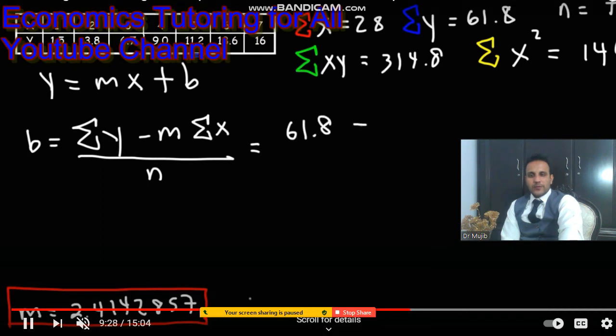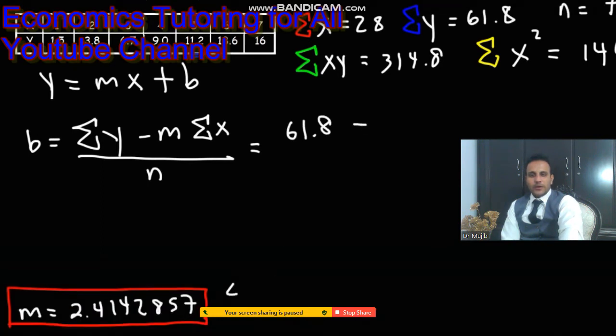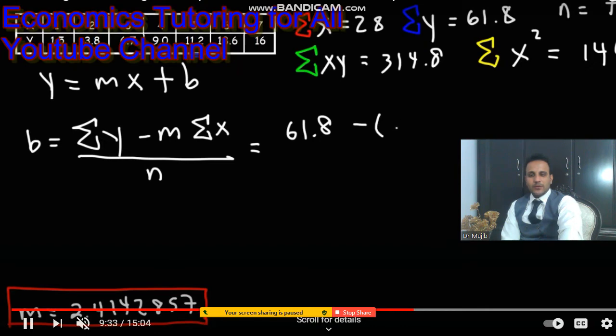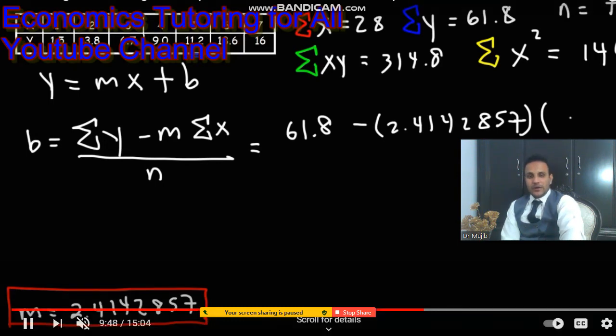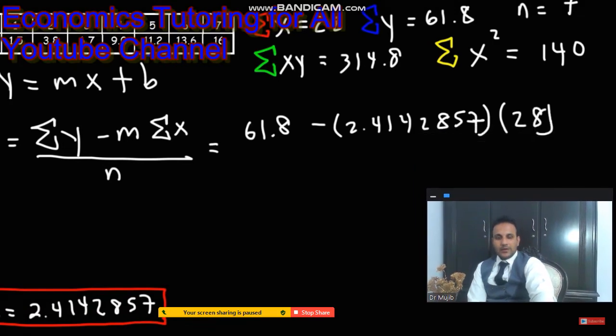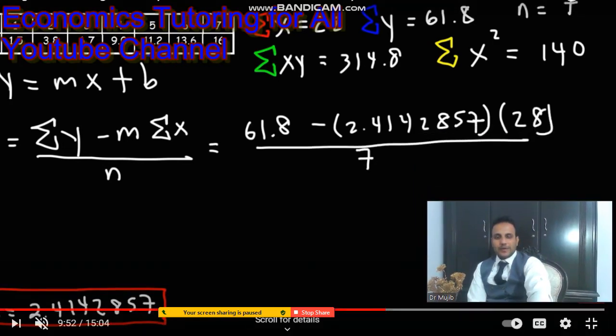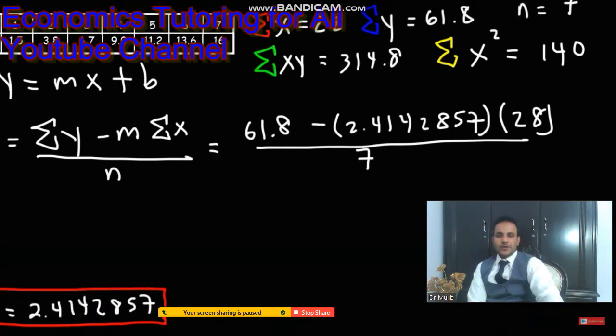Putting the values: summation y is 61.8, m is the slope of the line which we calculated, that is 2.41, and summation x is already calculated, that is 28. Dividing by n as well, the value of n is 7. Now making some calculation and simplifying the term, the calculated value of the intercept, denoted by b,